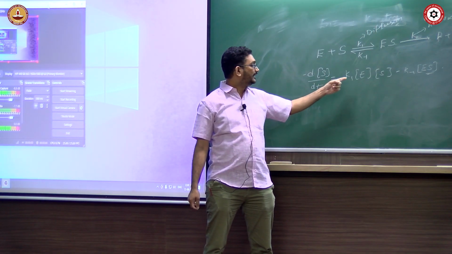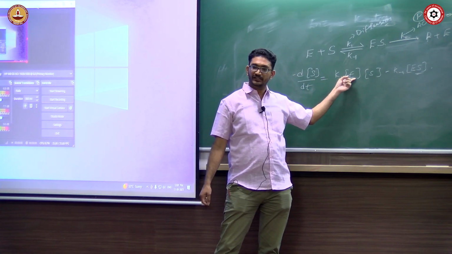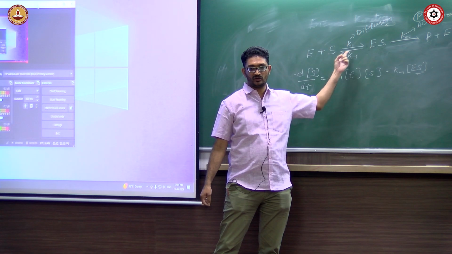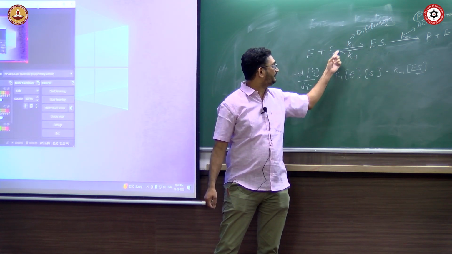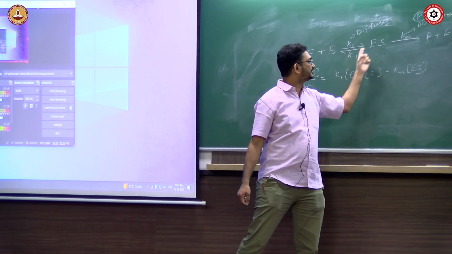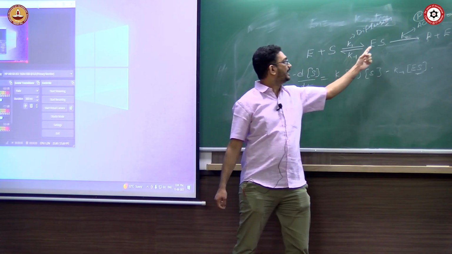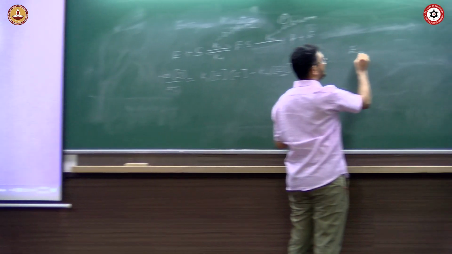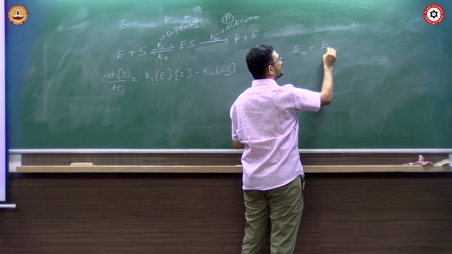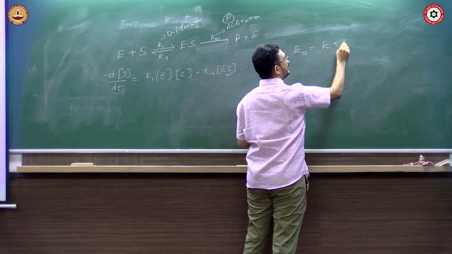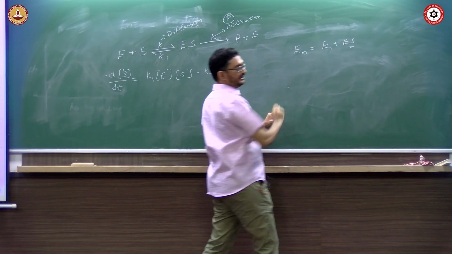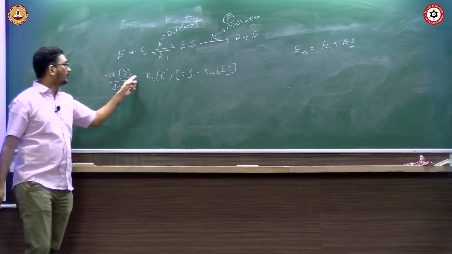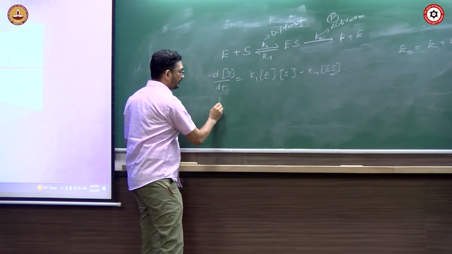Now if you see, the enzyme concentration is going to remain constant overall, but free E will be different, so the total E will be a summation of this. So if you want the initial enzyme concentration, E0 is equal to the enzyme concentration at any time plus ES, right? So that will be your E0 to start with. Now, you can also calculate the rate of formation of product.